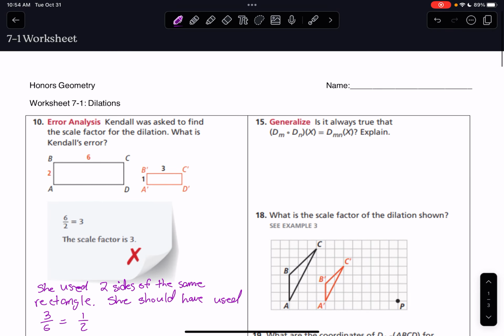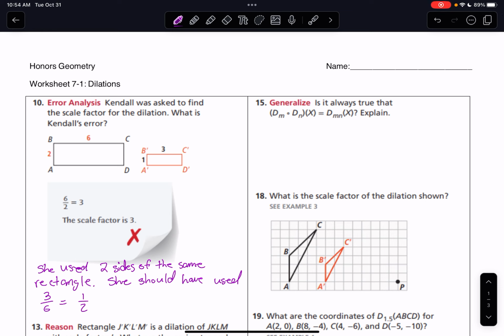All right. Number 15, is it always true that a dilation of scale factor M combined with a dilation of scale factor N is equal to a dilation of a scale factor M times N? And explain. So let's explain this piece by piece because it is true. So we can say yes, because if I do a dilation with a scale factor of m